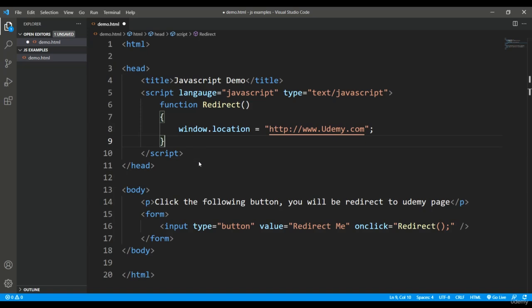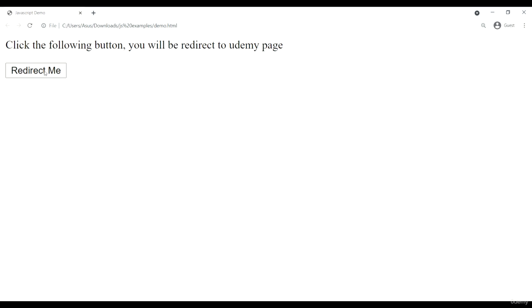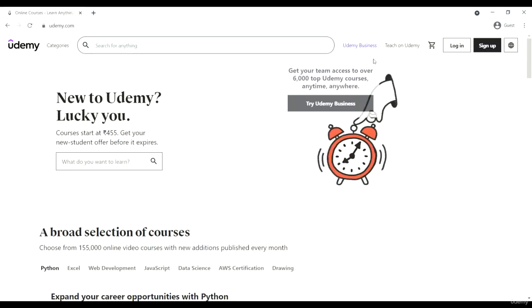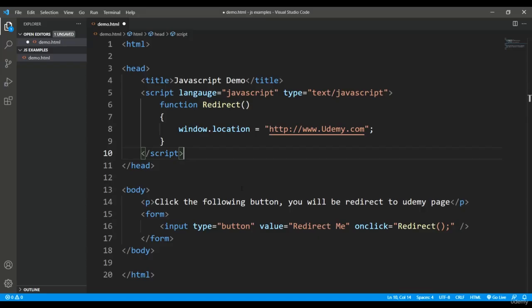In this particular program, I'm simply changing the location of one page to another page. On this page, I have simply placed a button with the text "redirect me", and when you click it, this will call the redirect function. Inside this redirect function, I have simply called this window.location property. It will simply change the location of your page, and whatever page you have specified will be shown to the user. So when I execute this,